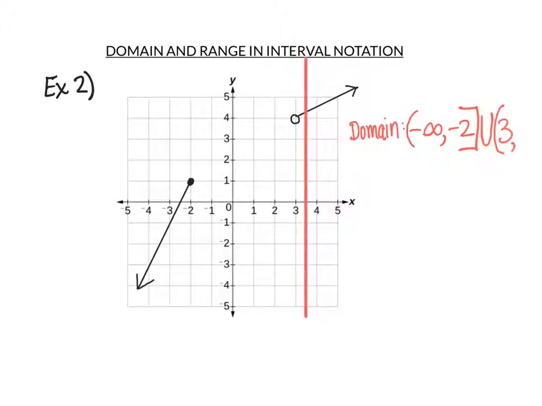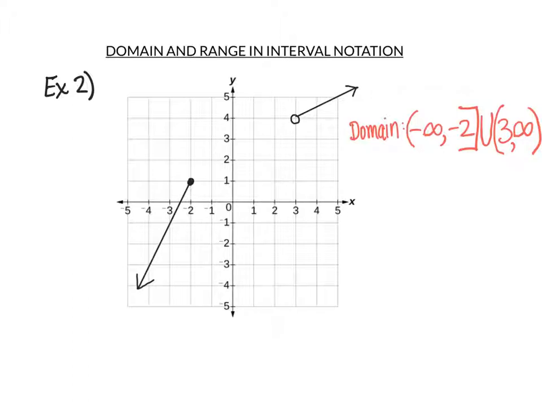In doing so, we're going to see that our function does touch the red line forever because our graph does continue going to the right forever. So that means that when we're writing our second interval, it goes from 3 all the way to positive infinity. And remember that when we write infinity, we will always end that with a parenthesis, not a bracket. So that's it for domain.